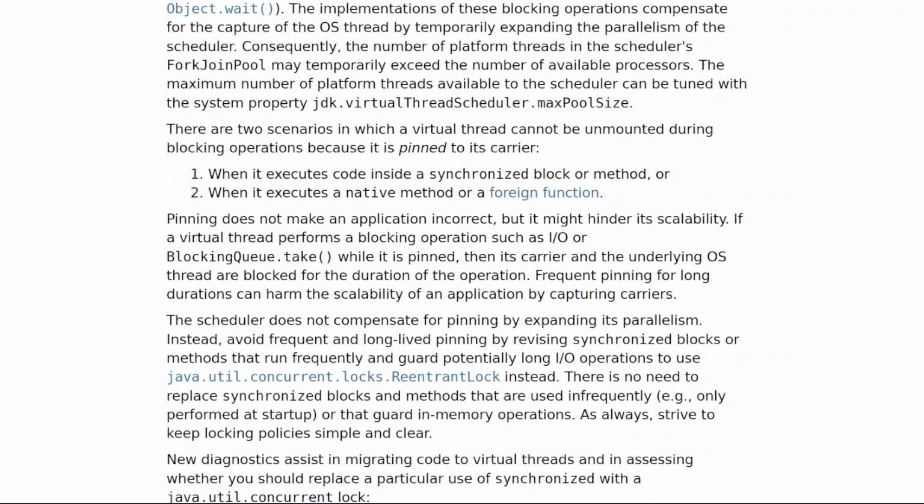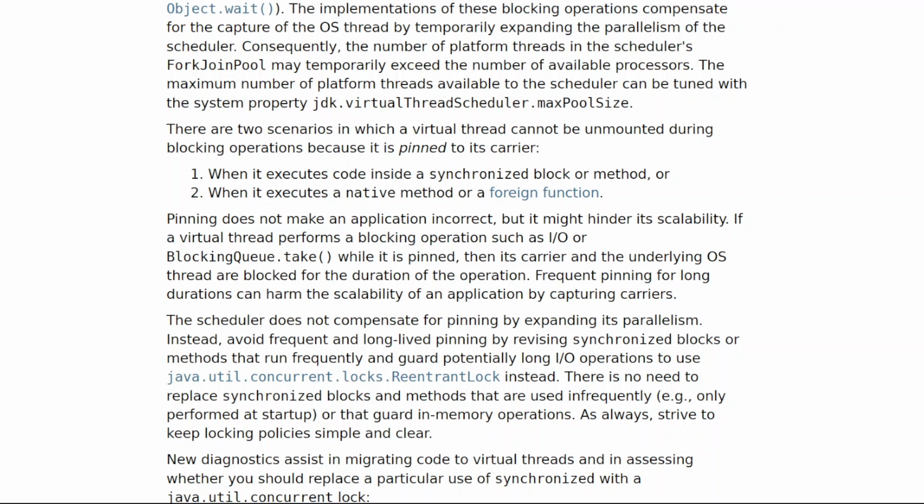There are two scenarios in which a virtual thread cannot be unmounted during blocking operations because it is pinned to its carrier: 1. When it executes code inside a synchronized block or method, or 2. When it executes a native method or a foreign function. Pinning does not make an application incorrect, but it might hinder its scalability.